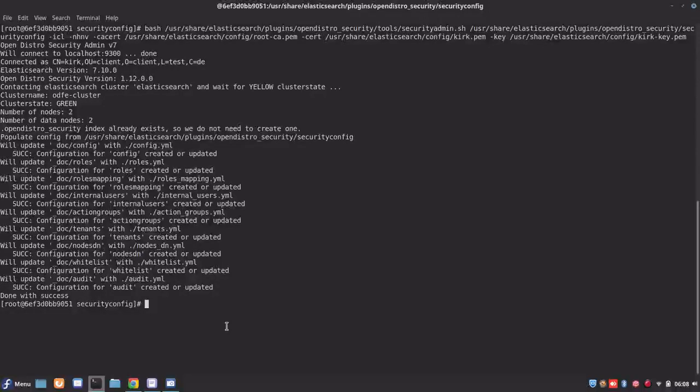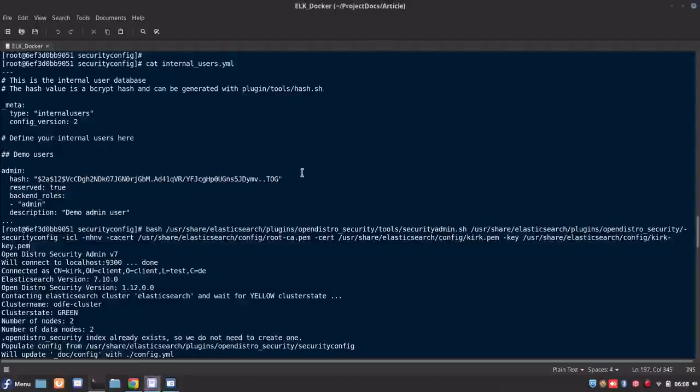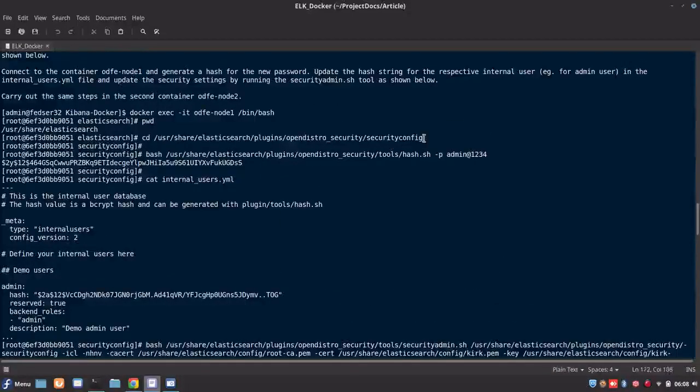Okay. So let me disconnect from this cluster, clear my screen, run docker ps, and let us connect to our other cluster. Let me go into the same folder which we went into in the first cluster.